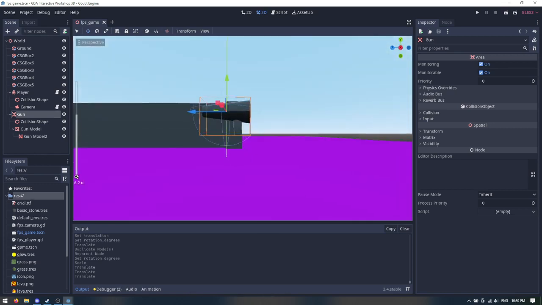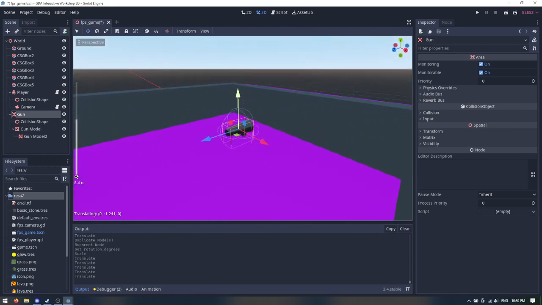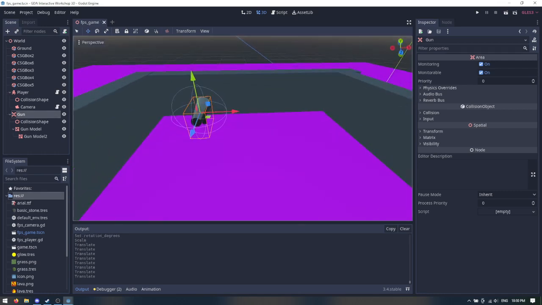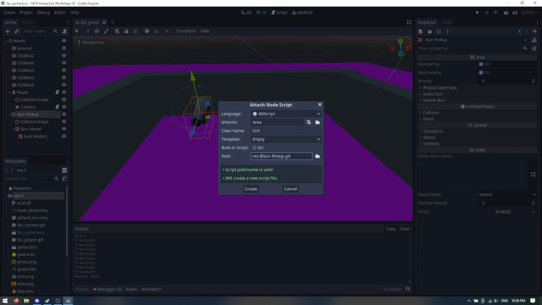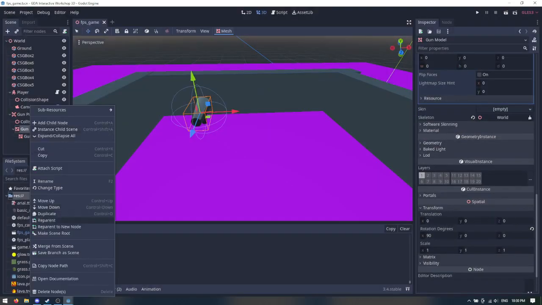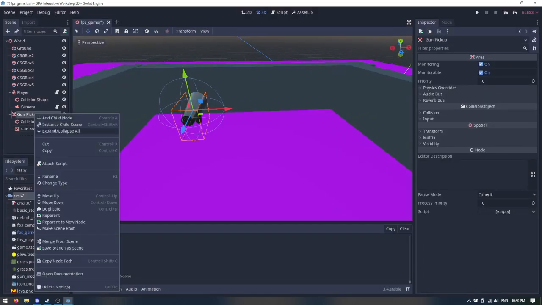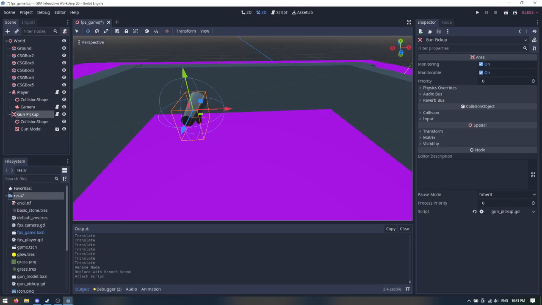So we'll put that in our house, right? Gonna add a script to it. So we'll actually call this gun pickup. And we're gonna save this model node structure. Gonna save it as a scene. We'll call it gun model. That way we can reuse it later if we need to. So we're gonna get the gun pickup script. And what we want to do with this,